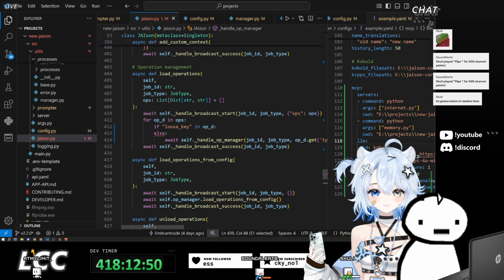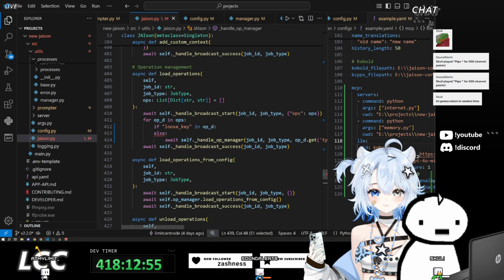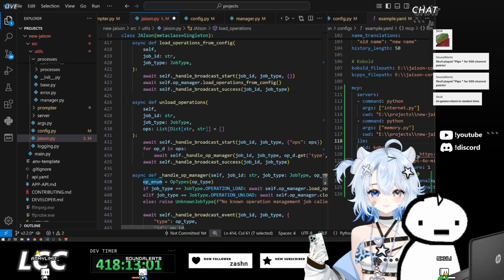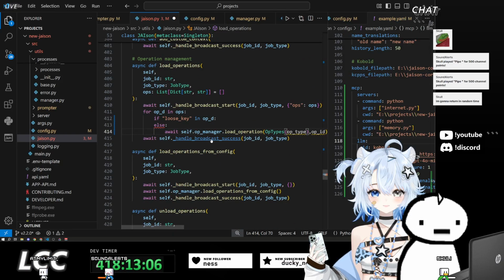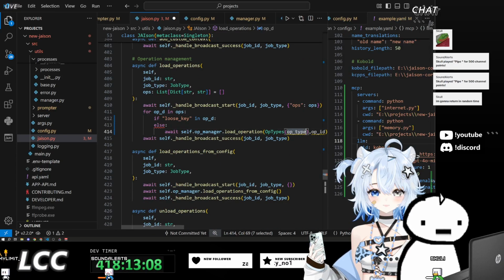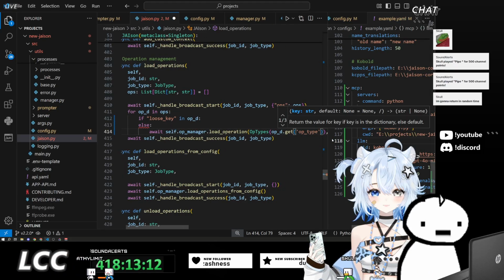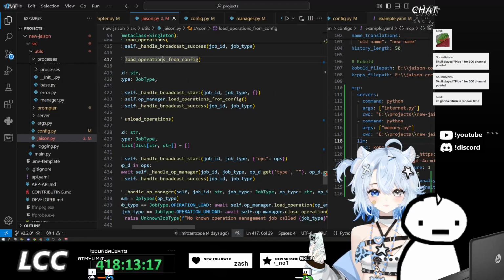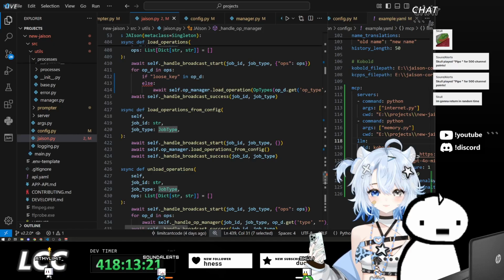Load. Operation enum. That's just this. Right? Is that it? Op type. What were we throwing in op type before?